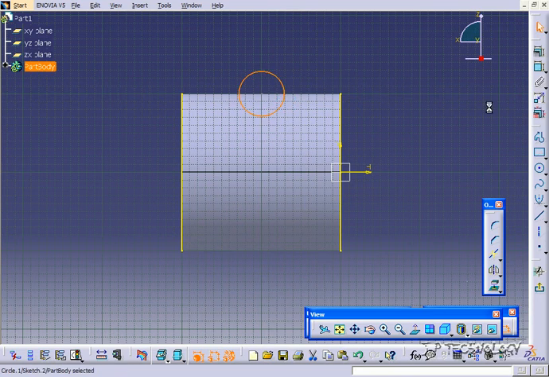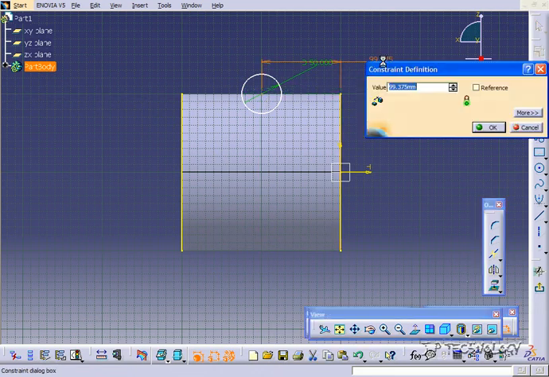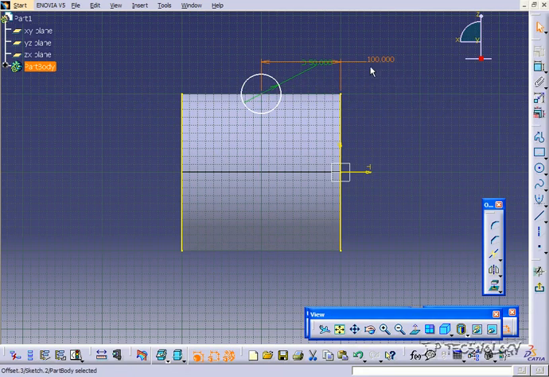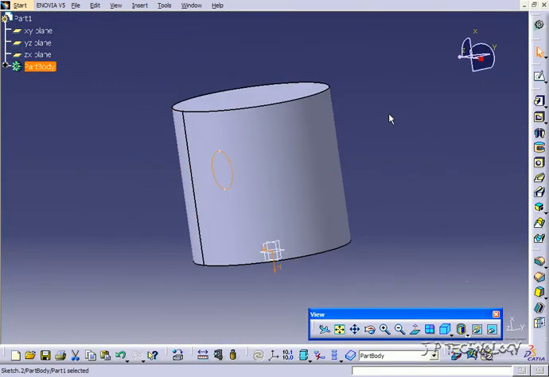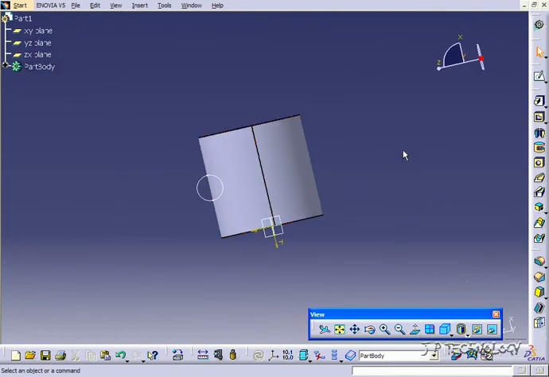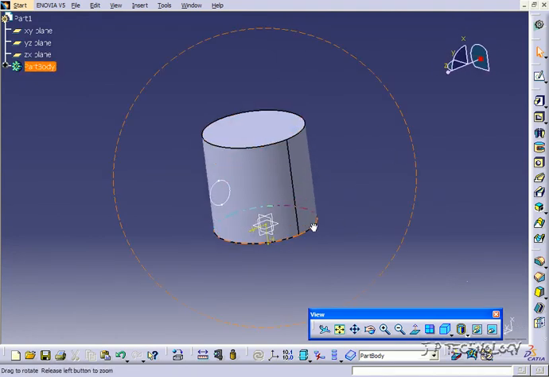So now let's draw a circle. Let's dimension this to 50. And let's make it from that end there, let's make it 100, so it's right in the middle. Now let's delete these lines we just made. And let's go out. So now what we've done is we've created the profile that we're going to use the